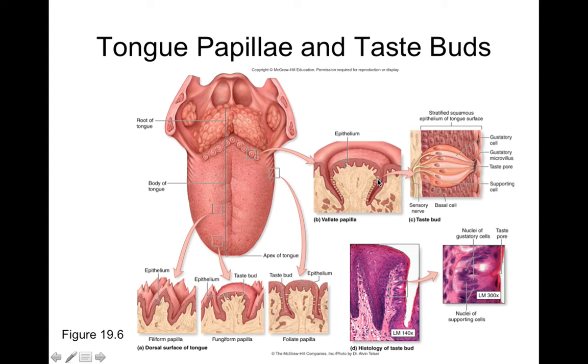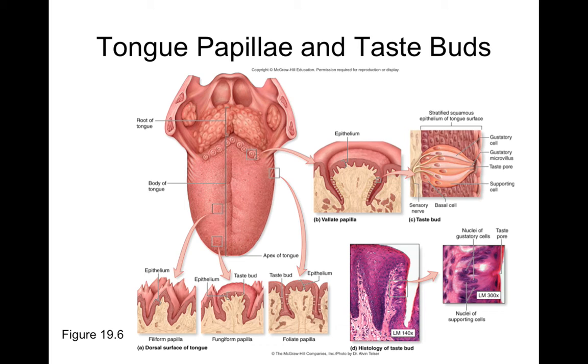So if we zoom in on one of these taste buds, look close, we find, okay, well here are our gustatory cells with our supporting cells nearby. These have our gustatory microvilli, or taste hairs, that open up into the taste pore, so that when saliva containing molecules basically moves down into the taste bud, chemicals in that saliva can activate receptors on these taste hairs and allow these gustatory cells to basically activate nerve fibers that go back to the brain and allow you to be